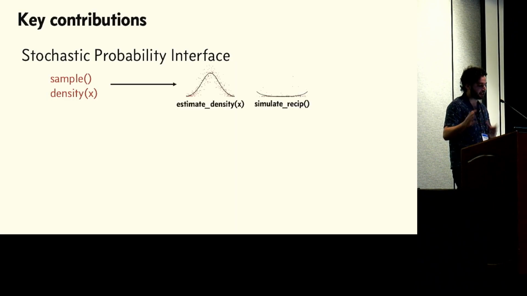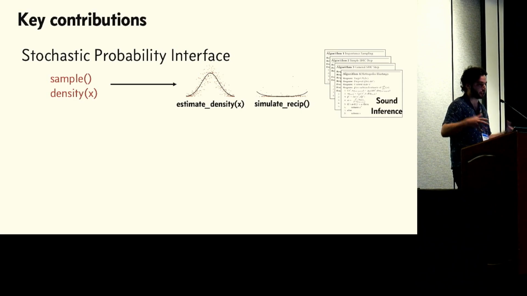So our first step in this work is to redesign this computational interface to support compositional density estimation. So we've come up with a new interface based on estimating densities and density reciprocals. And we've gone back through sort of the standard textbook inference algorithms and rewritten them to rely on this new interface to probability distributions instead of the sample density interface to probability distributions. And crucially, distribution objects that satisfy this new interface compose nicely.